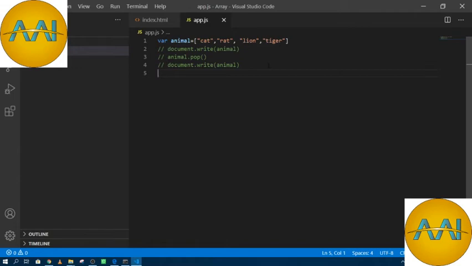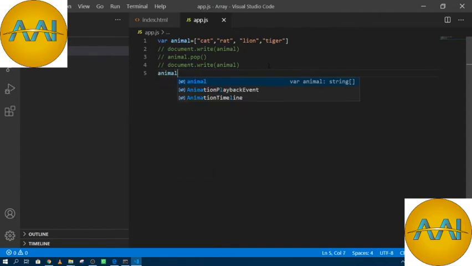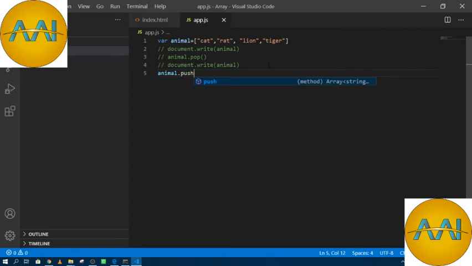So if I want to add an element at the last of an array, what should I do? First of all I write my array name, which is animal, and animal dot push.